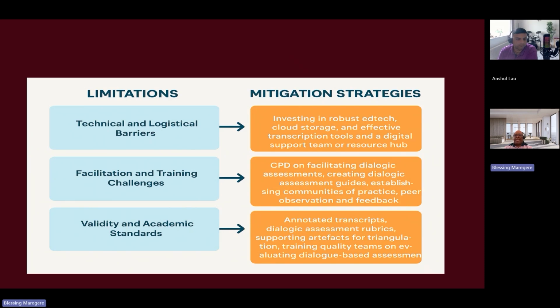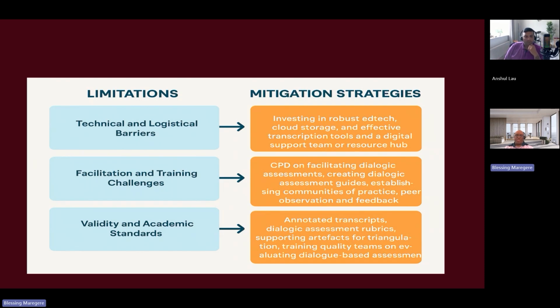Okay, so just like with anything else, there are some challenges. These are the challenges that I identified through the research that I conducted. So we had some technical and logistical issues. One of the main challenges we had is